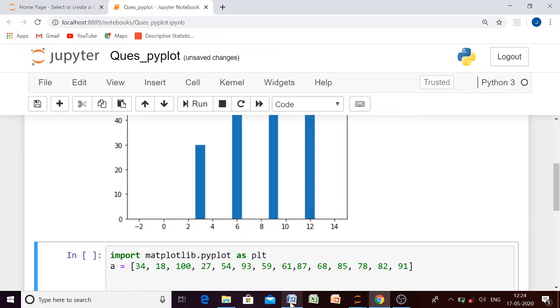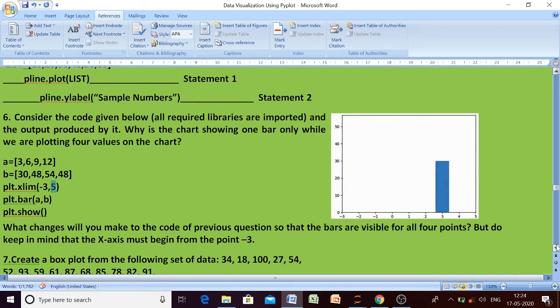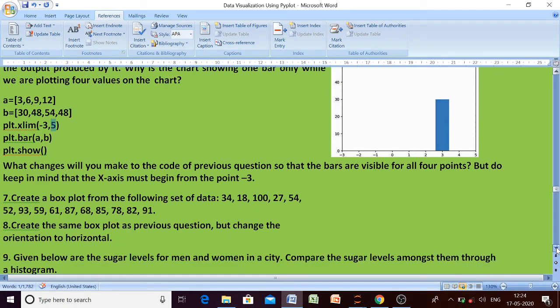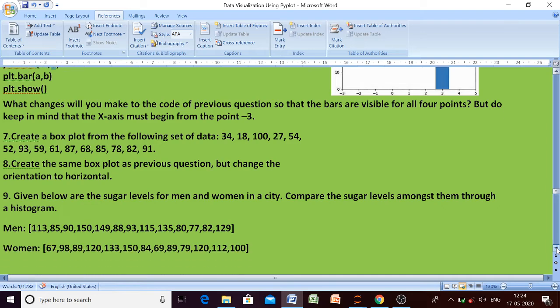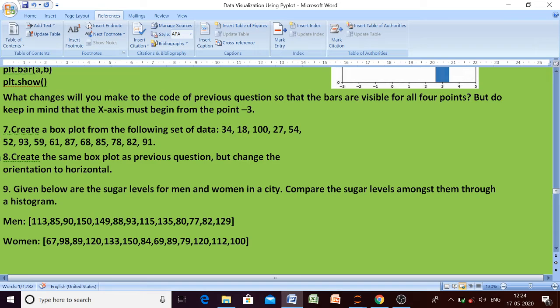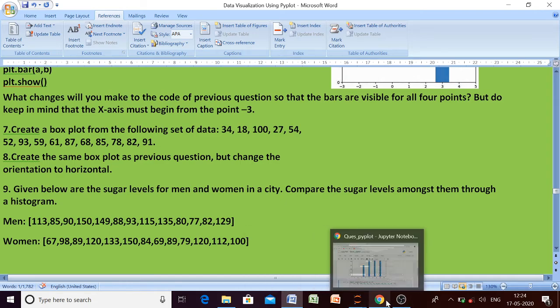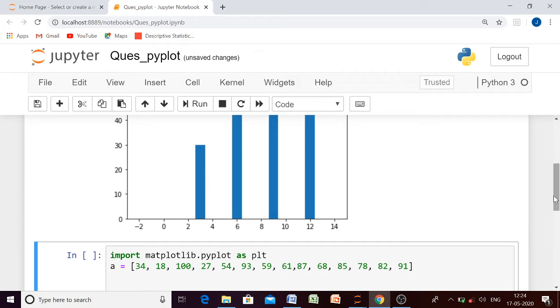Okay, so the next question, we have already done this one, question number 6. Then question number 7, create a box plot from the following set of data. Okay, and in question number 8 we have to change the orientation. Let us do it in a single code. So the data is already there.